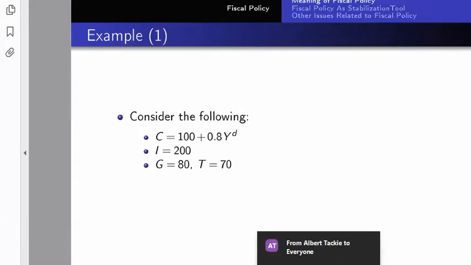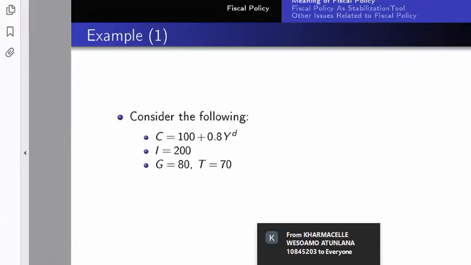And then what is the value of the marginal propensity to consume? 0.8. Good. All those answering, I'll put 2 marks for you. I'm looking at those that have not answered. Okay, good. All right. So now we have it.